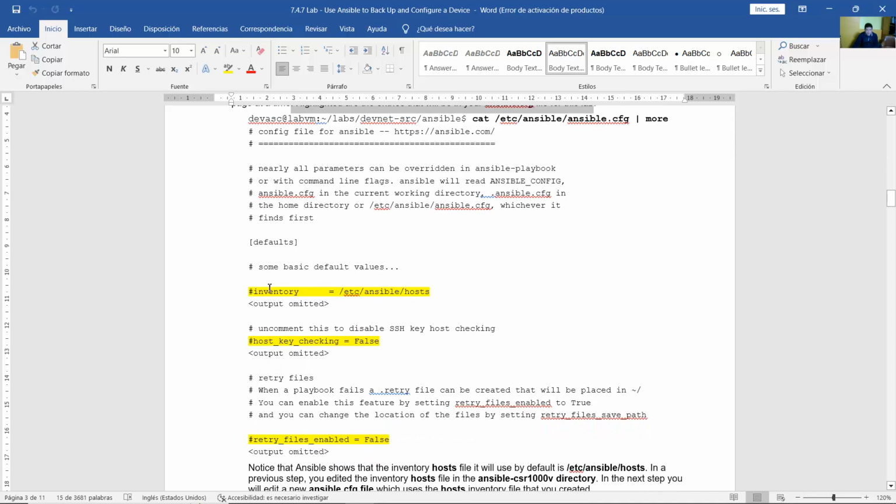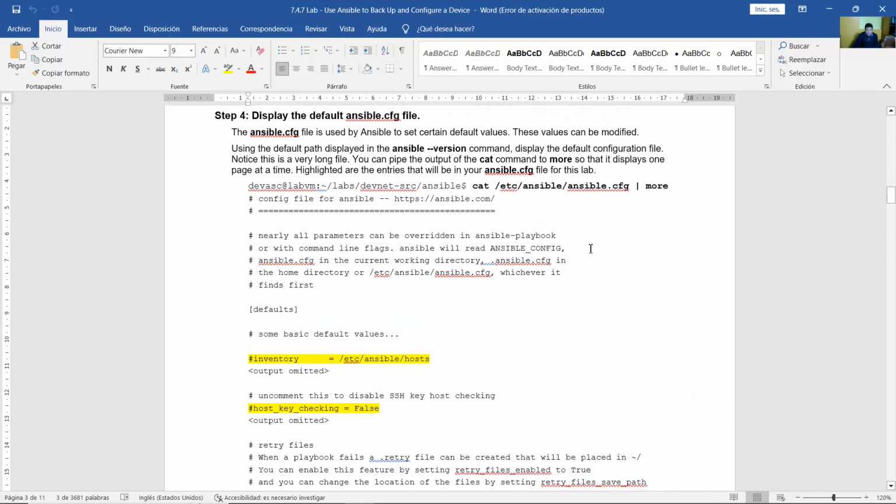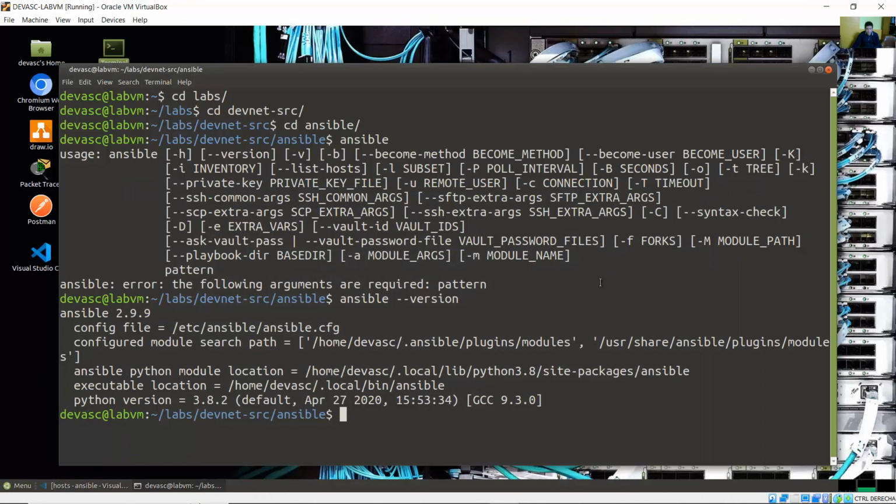Okay, look at these lines. The inventory, host key checking, and retrieve files enabled. Okay, and go to, just only, you can use less, which is a better tool than cat and more. In the etc directory, ansible